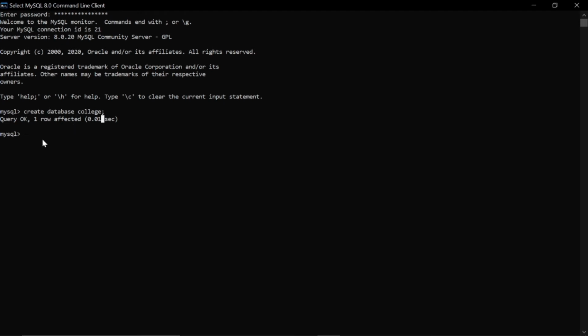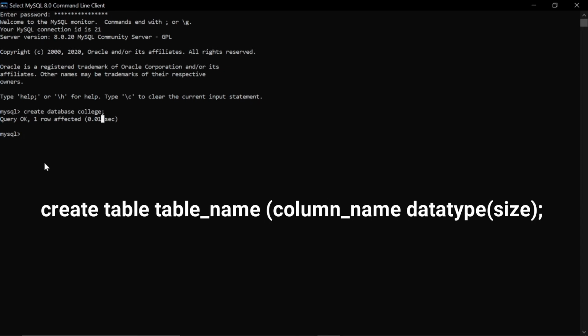Now in SQL we know that all our data are stored in tabular form. So we have to first create a table, and in that table you have to specify how many columns there are, the name of each column, and which data type we are using for that column. So we have to create a table in that database. How to create a table? The syntax of creating a table is create table, the name of the table, and in the brackets you write the name of the columns, and beside each the data type we are using in that column.